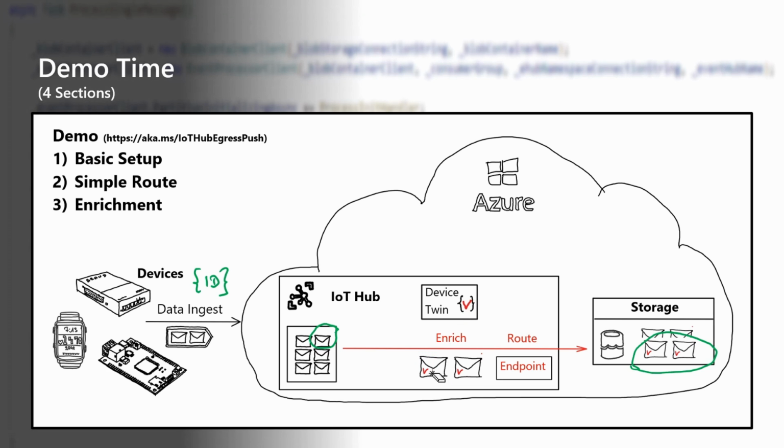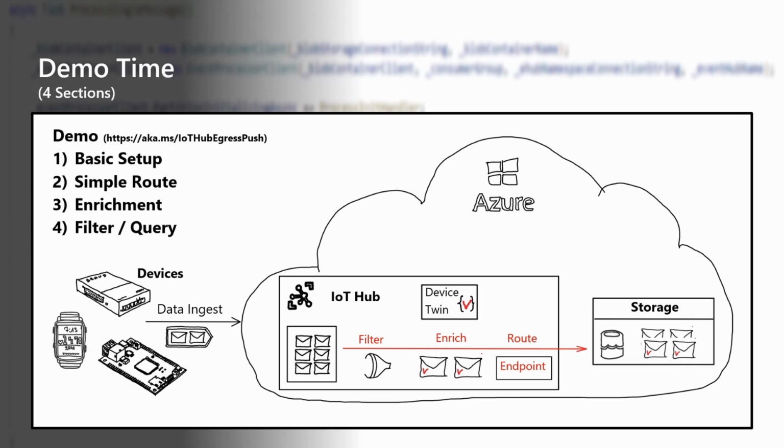And you might wonder, what resources can I use to really enrich the incoming messages? And we have here three possibilities. From my perspective, and what I see most often used is really the device twin, because the device twin is unique to a device and you can store all the necessary information for that specific device there. You can also have a fixed literal, where you just have, let me say, a string which will be added to every message, or you can also have the name of the IoT Hub where this message was initially sent to. This is something what I want to show you in code.